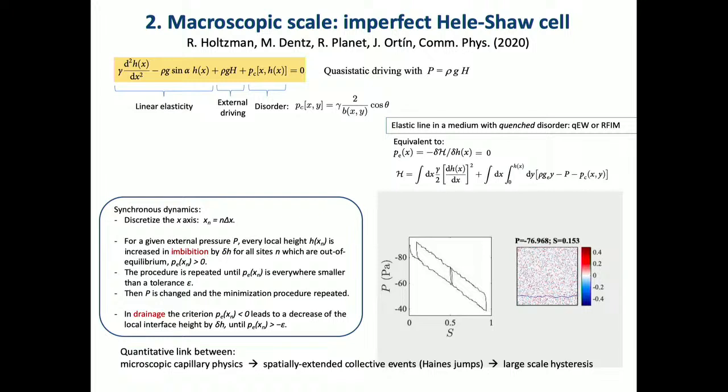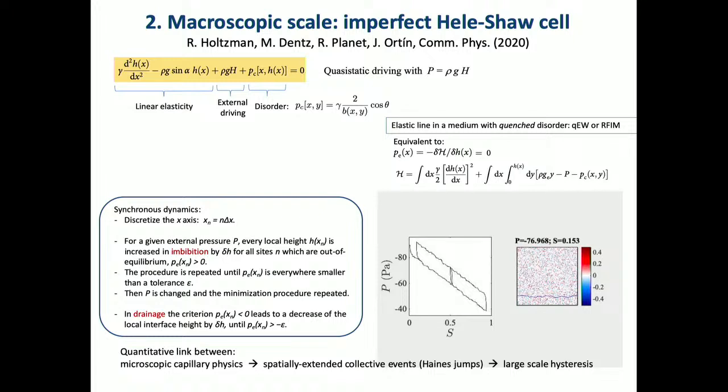It can also be mapped to a random field Ising model, though for a random field Ising model you would write it in discrete variables, not in continuous variables like here. I know that Subhadeep and Marco and Ran are working on this analogy to the random field Ising model. So to make the analogy stronger, you have to think that this